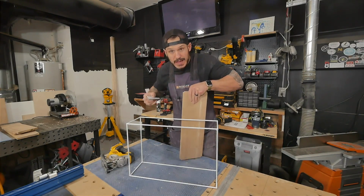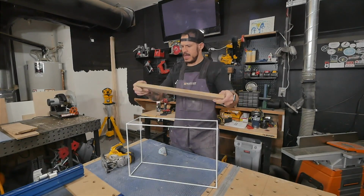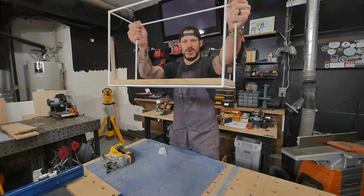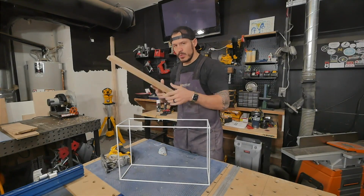So to get these edges nice and smooth, I'm using a piece of sandpaper wrapped around a pencil just to get a better radius on it. And let's see how this thing fits. Look at that! Woo! Man, this is going to look so nice. So I'm going to remove this. I'm going to do the same to the rest of the shelves, and then for the finish,